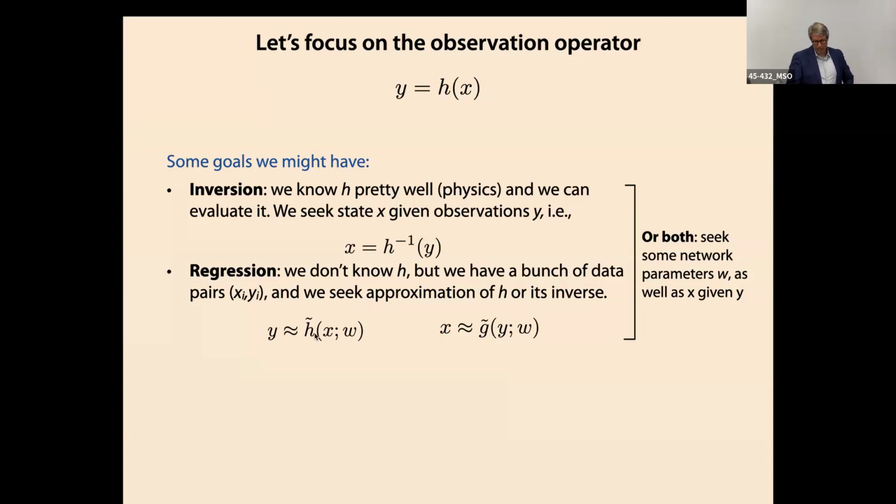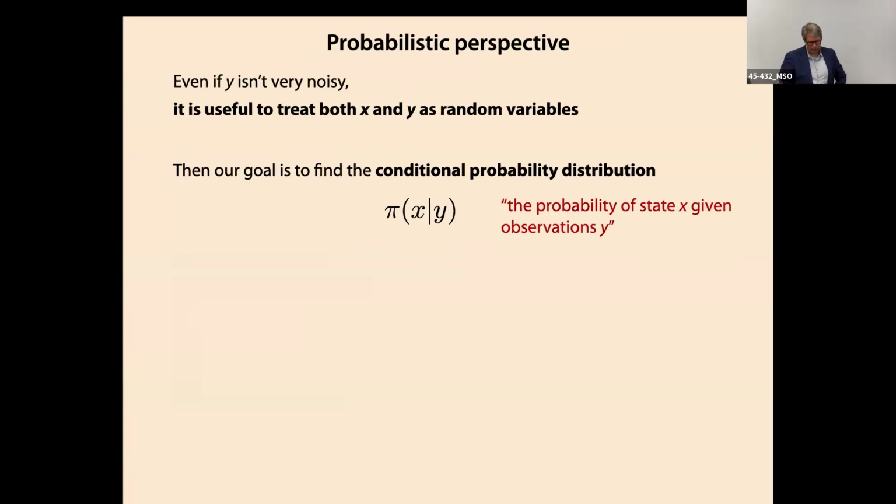The other part is that I may not know what H is. So H might be something I know from, say, physics, but it might also be something that I actually need to learn. Okay, so then there's a companion regression process going on here, where I'm going to learn H and then perform the inversion process with that. Okay, so all these things kind of go together. Okay, so we're going to do this in a probabilistic manner, because it actually gives us a lot better insight about what we mean by invertible, okay? Because we're not really going to invert things.